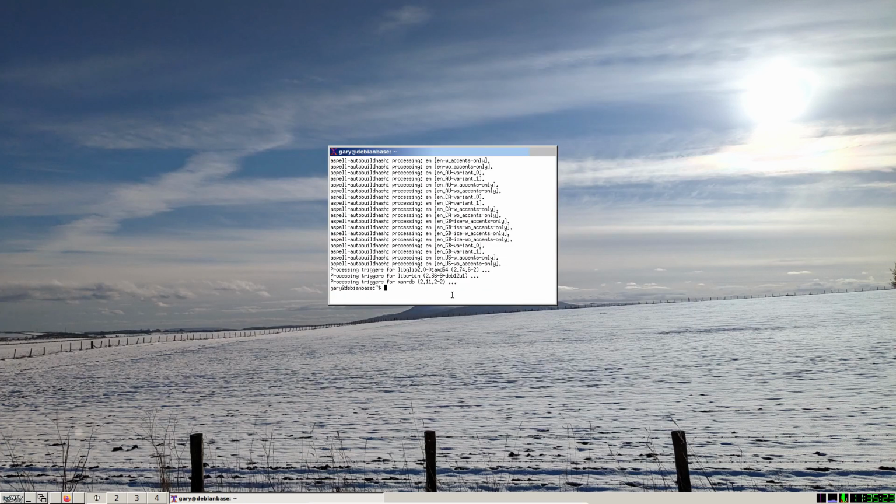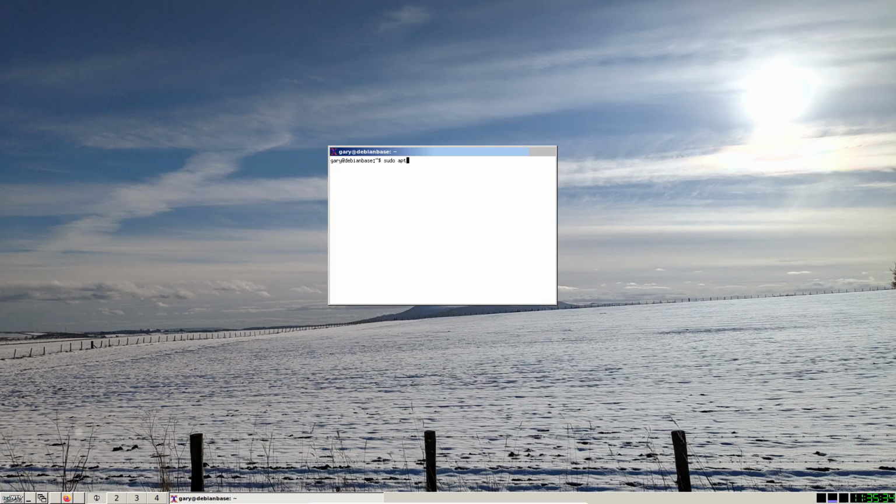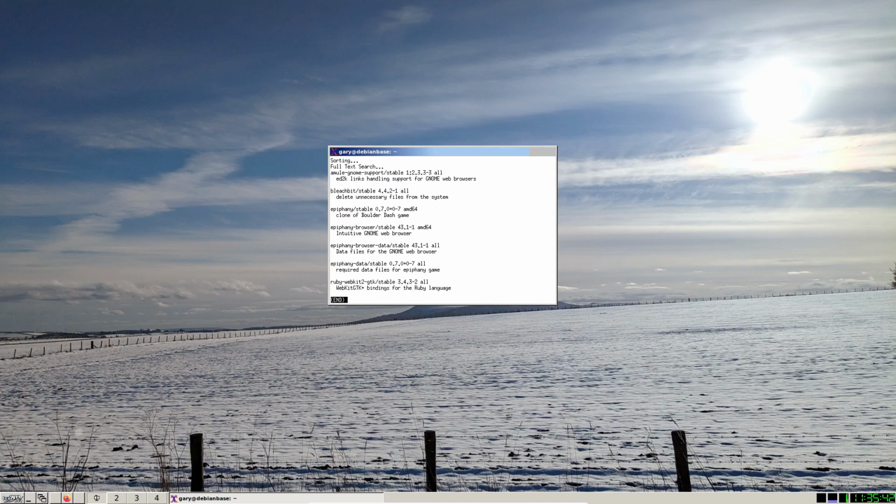So the next one we're going to do, so if we've done Falkon, which is a KDE centric browser, it's good to do a GNOME centric browser, so we're going to do Epiphany. So we're going to clear the screen, sudo apt search epiphany | more. It's often known as the GNOME web browser, and you can see the one we're looking for there is the Epiphany browser. So sudo apt install